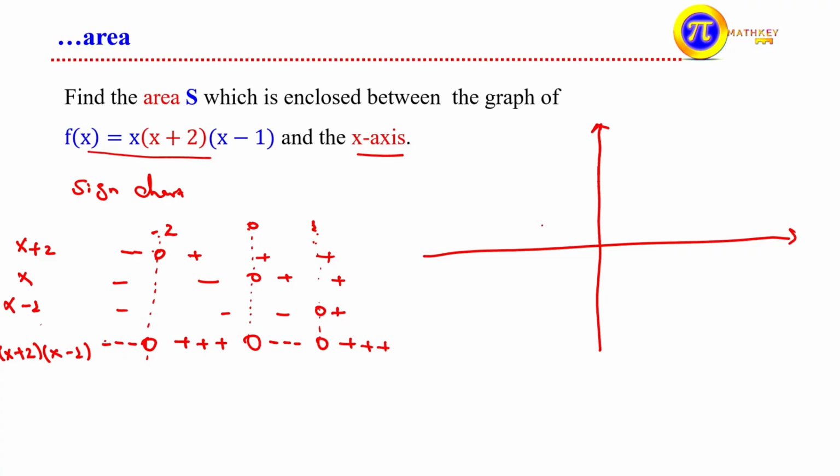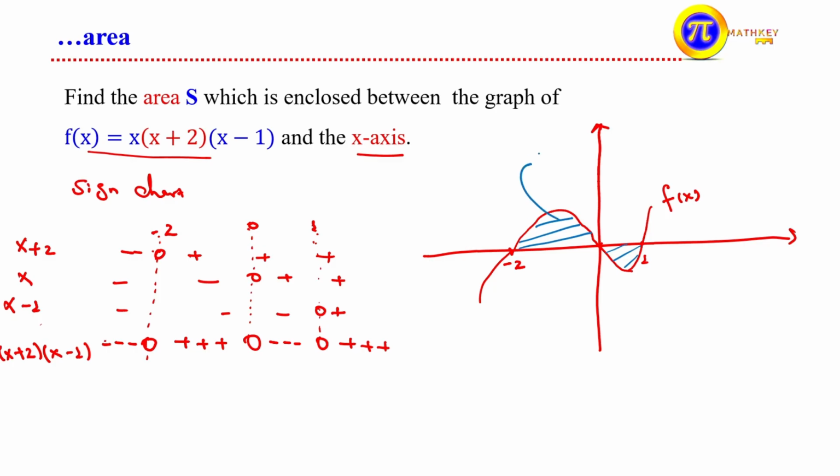We can sketch the graph of our function. At -2 it is 0, at 0 it is 0, and at 1 it is 0. At the left of -2 it is negative, meaning below the x-axis. Between -2 and 0 the value is positive, so it is above the x-axis, and it is 0 at 0. Between 0 and 1 it is negative, so we move down below the x-axis, and at 1 it is 0. So the graph looks like this, exactly maybe not, but it looks like this. So what are we asked? What is the area of the region between this function f of x and the x-axis? So how much area will there be?